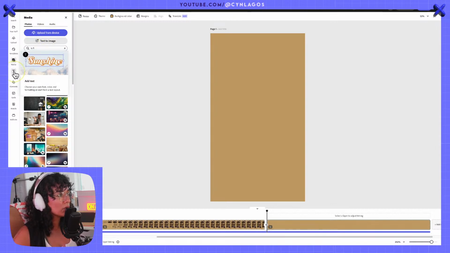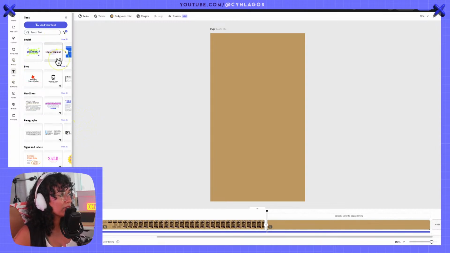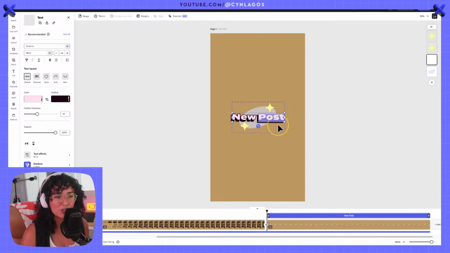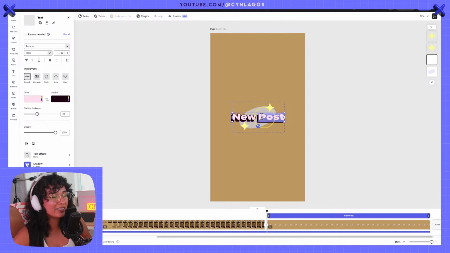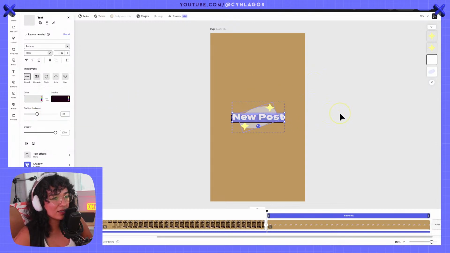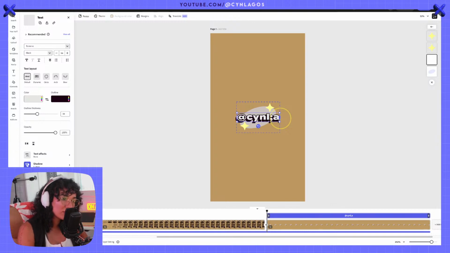So let's do a quick text. Maybe we can find something neat in here. I've always loved this one. So you can see here the outline and shadow are done to perfection as opposed to, I don't know, wicked strange, as I sometimes find it online. So I like this one. This is Sin approved. And I'm going to say at Sin Lagos.